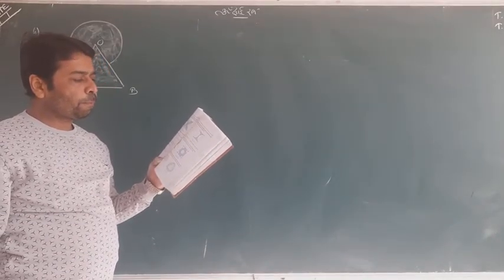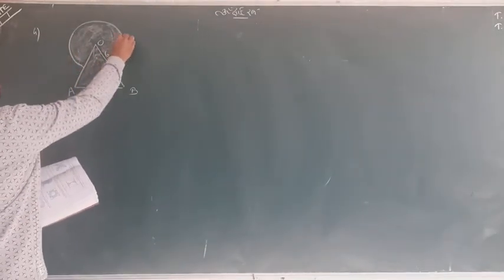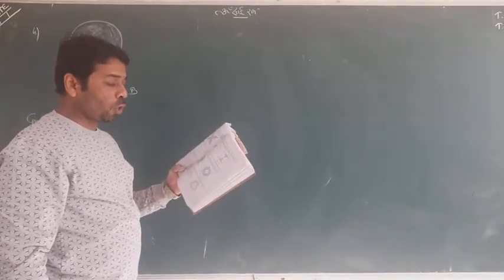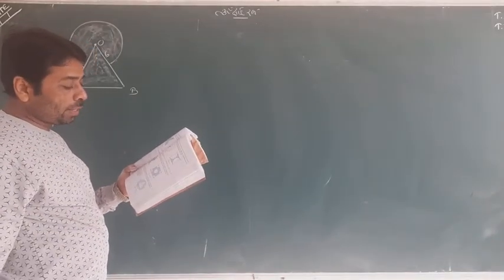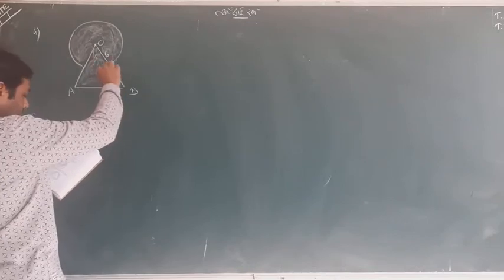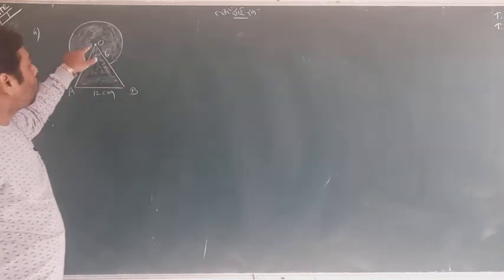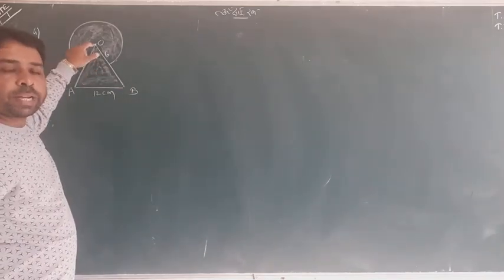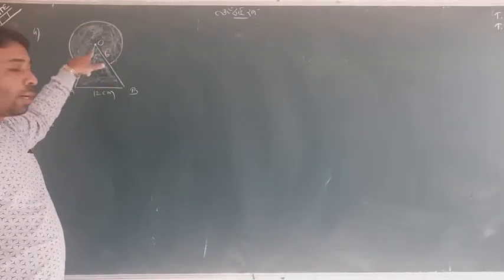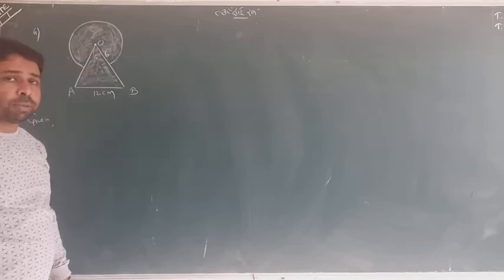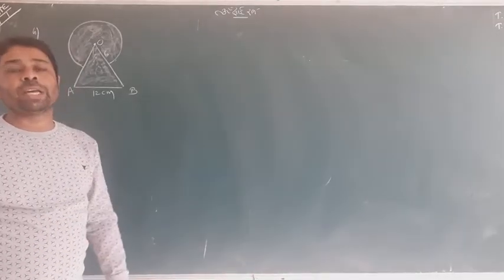Find the area of the shaded region, where a circular arc of radius 6, this is 6, has been drawn with the vertex O as a center, and an equilateral triangle OAB having a side 12 cm. Now these two things are given. O is a center and also a vertex of the equilateral triangle. This is a circular arc of radius 6, and this is an equilateral triangle whose side is 12. One can now simply understand. I think this is going to be easy because we have two different areas.